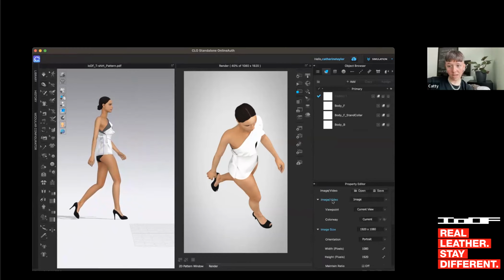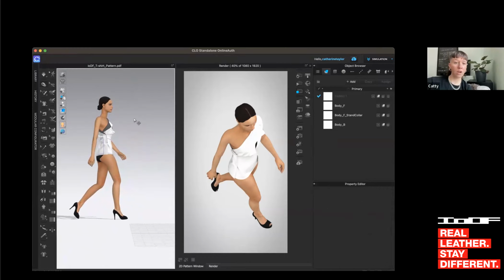This one. And if you see here, it says image. You just got to click animation. And there's different settings that you can look into. I'm not going to press render for it because it will take too long, but